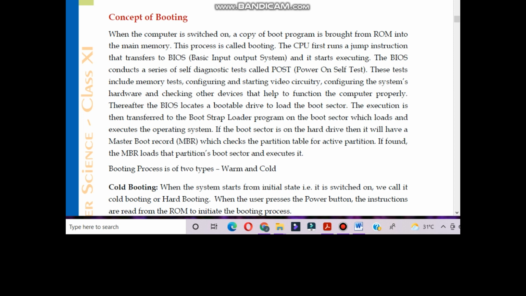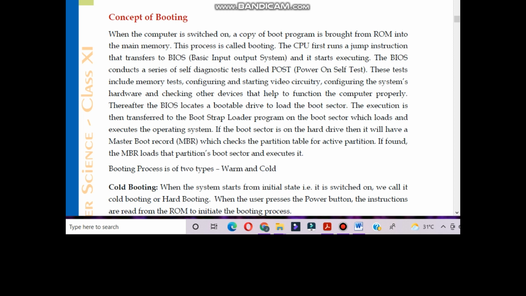Thereafter the BIOS locates a bootable drive to load the boot sector. The execution is then transferred to the bootstrap loader program on the boot sector, which loads and executes the operating system.